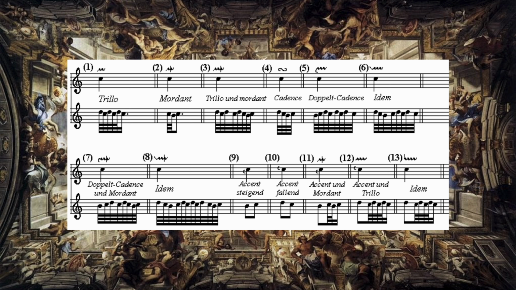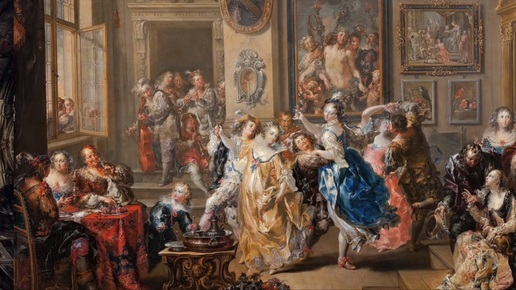Section 6. Ornamentation. Ornamentation refers to the addition of decorative notes or figures to embellish a melody. Common Baroque ornaments include the trill, a rapid alternation between 2 adjacent notes, the mordent, which briefly dips to the note below and returns, and the appoggiatura, which delays the resolution of a note by briefly suspending it. These elements are often left to the performer's discretion and are used to enhance expressivity.